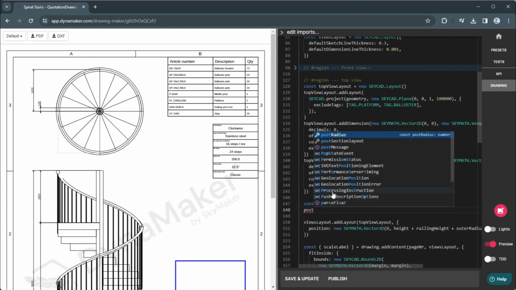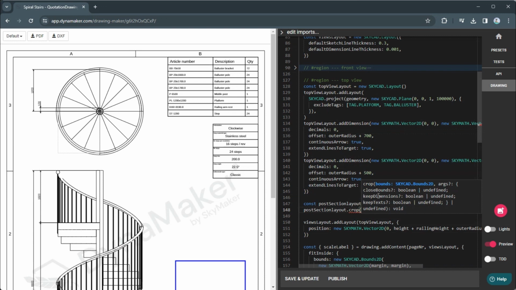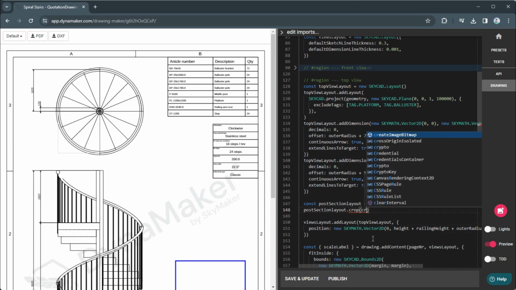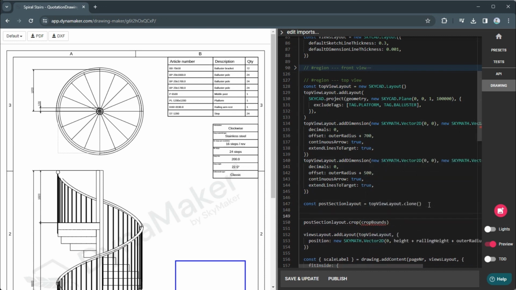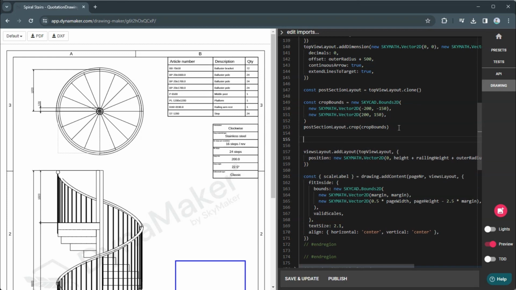Then, by typing layout.crop, we can see that the function takes some rectangular bounds as input. Of course, we could make these based on the diameter of the middle post, but fixed values are used here for simplicity. We can clean the cropped layout by removing the dimensions or any other text that comes with the